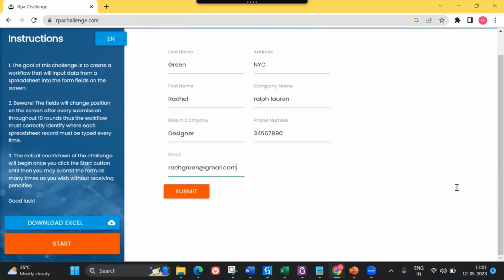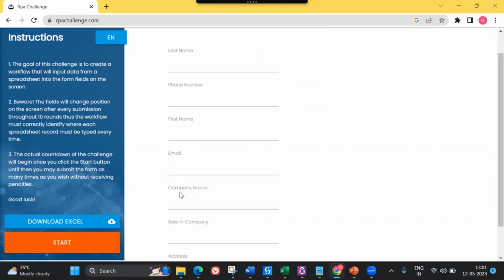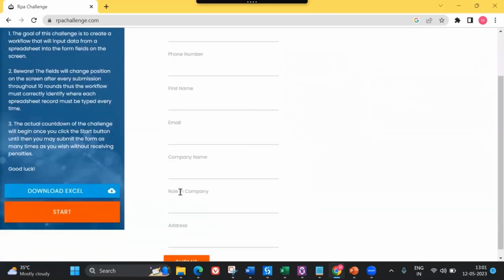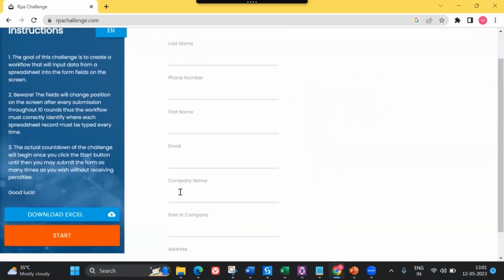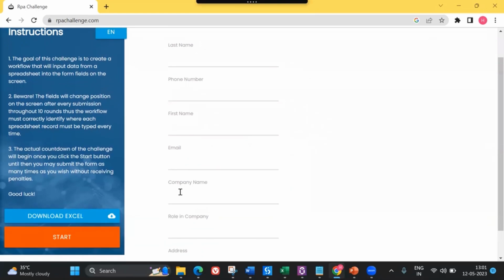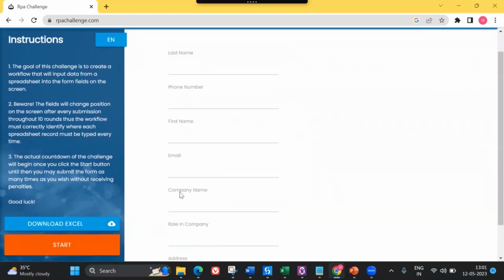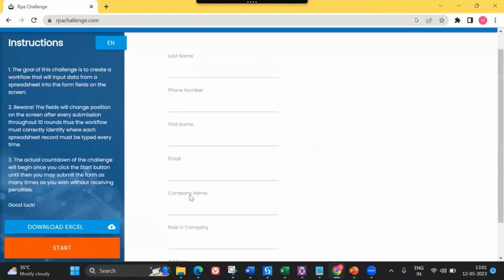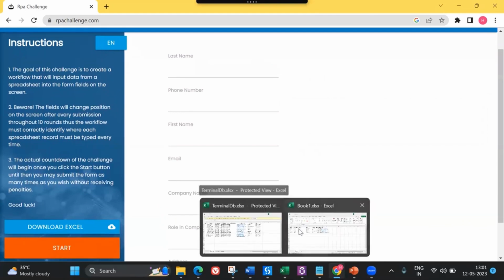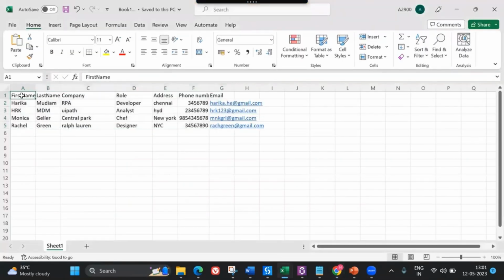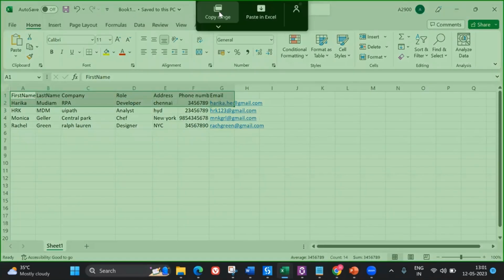But I have seen one small glitch over here. So what is that? I will show you. So I'm going to submit. Let's say if the form is in this way, and if it couldn't see any of the fields, obviously it is not in the scope, right? I am not sure if it's a bug or not, but what I feel is, let's say address is not visible here, and if I am saying it to identify, let's say I'm going to pick only one field and say copy range,